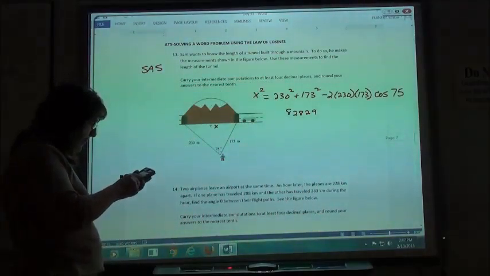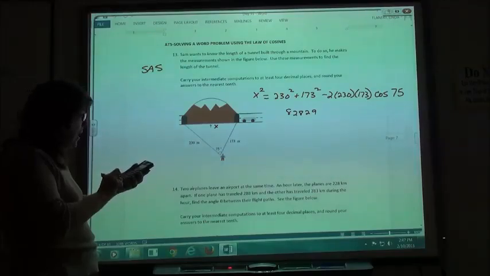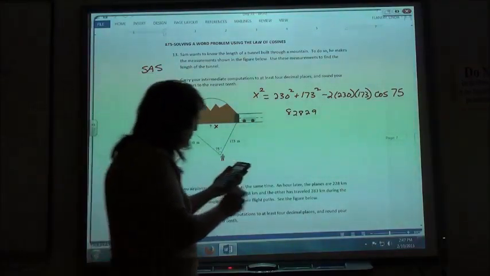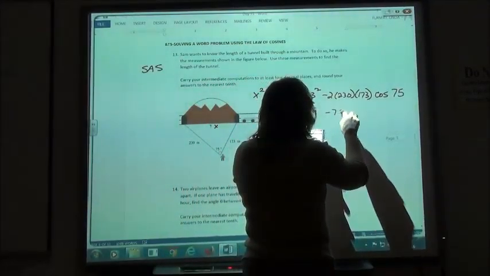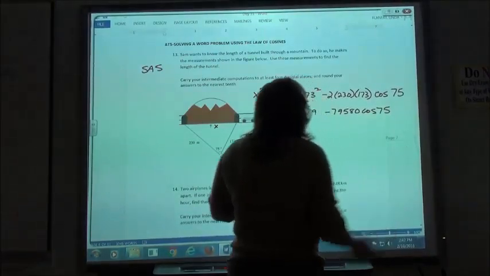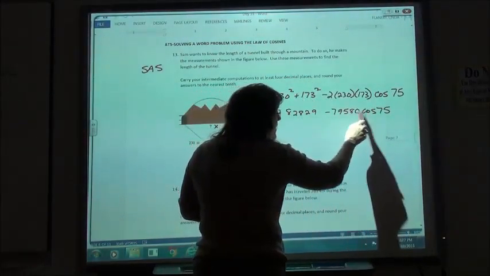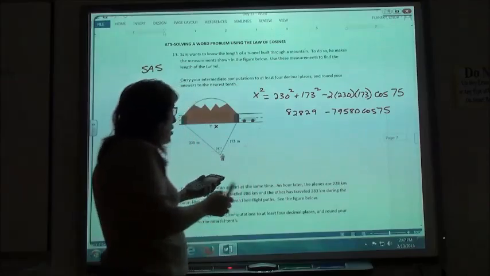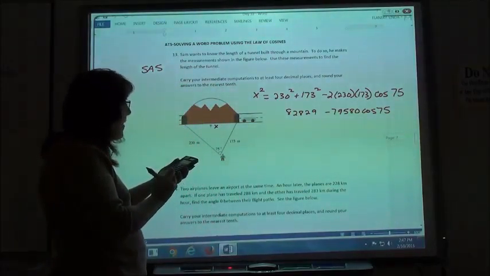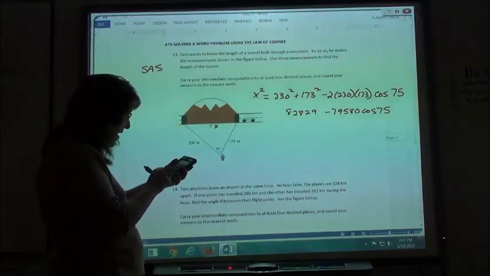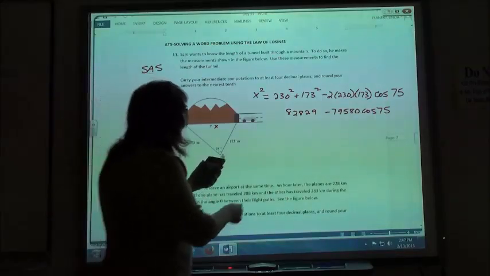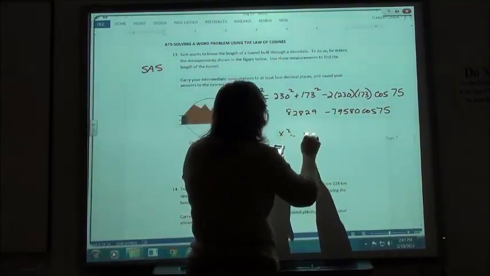82,829 minus 2 times 230 times 173 gives me minus 79,580 cosine of 75. Now here you can't subtract that first because this is times this. So punch it all in at once then. 82829 minus 79580 cosine of 75 gives me that x squared is equal to